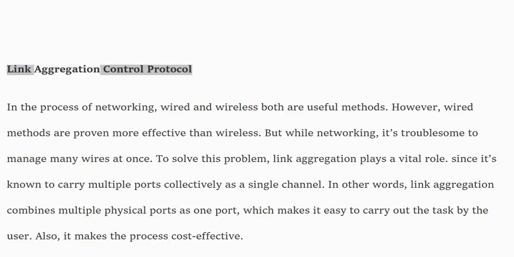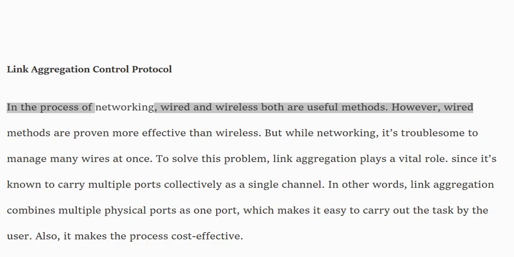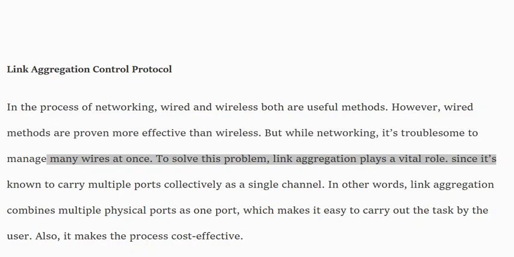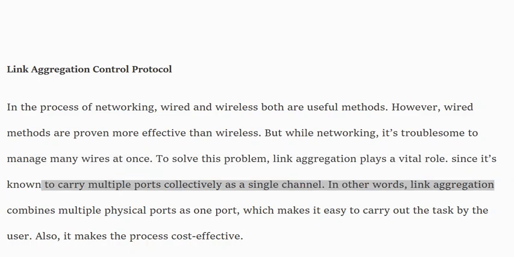Link Aggregation Control Protocol. In the process of networking, wired and wireless both are useful methods. However, wired methods are proven more effective than wireless. But while networking, it's troublesome to manage many wires at once. To solve this problem, link aggregation plays a vital role, since it's known to carry multiple ports collectively as a